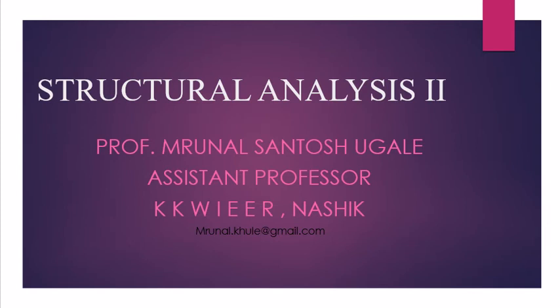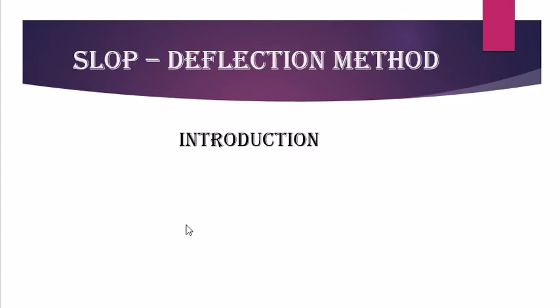So today's video we discuss the slope deflection method. In the slope deflection method, the joints are considered rigid, which means that when load is applied on the structure, the angle between the members at the joint remains the same. In this method, the unknowns are the rotations of the joints. The moments at the ends are expressed in terms of these rotations. By applying equilibrium conditions of the joint, the unknown joint rotations are found, and once these unknown rotations are found, the end moments are computed from the slope deflection equations that are derived in successive sections.